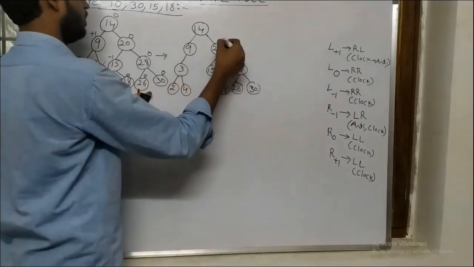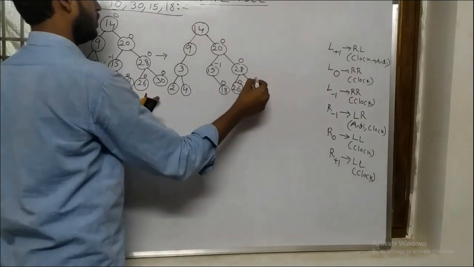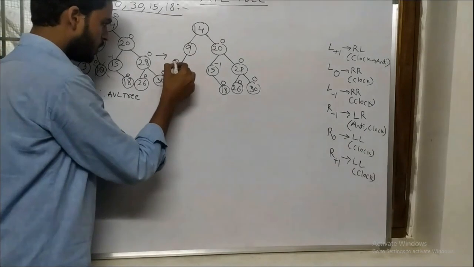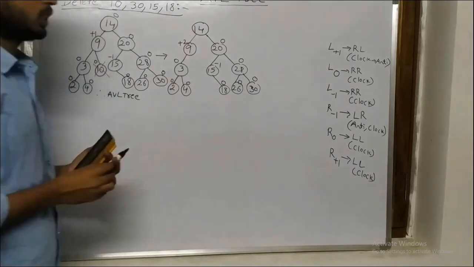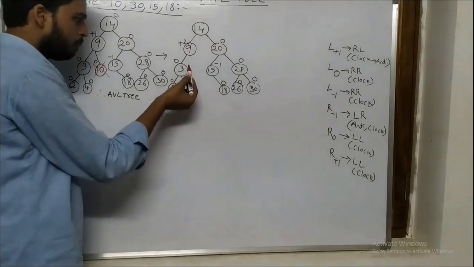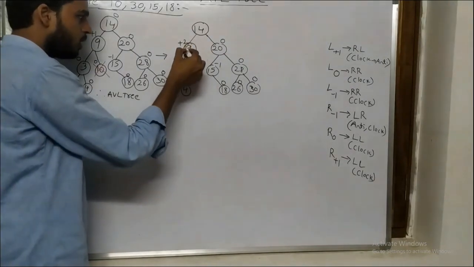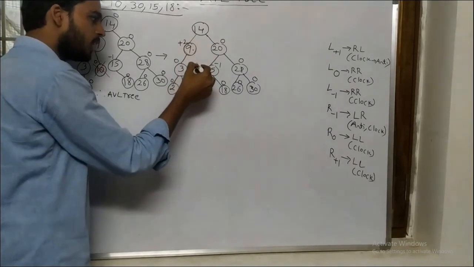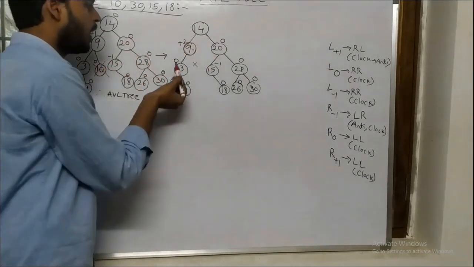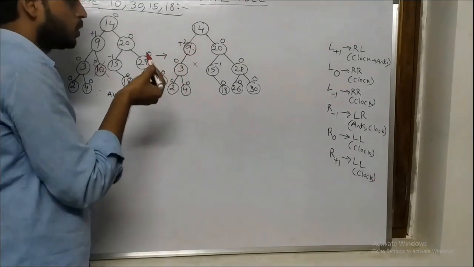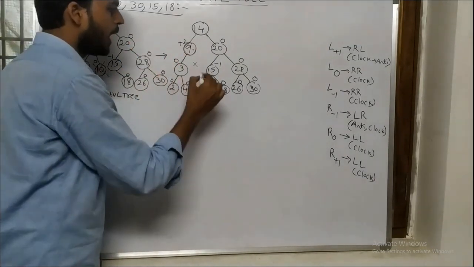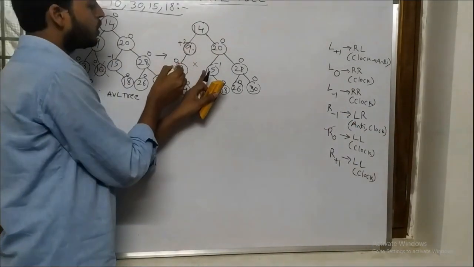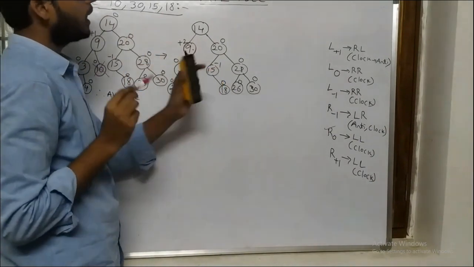So 0, minus 1, 0, 0, 0, 0. So check here. The balance factor for this one is 0, 0, 0. This balance factor is plus 2. This balance is plus 2. Okay, so this critical node occurred because of deleting a node in its right child, and whose child's balance factor is 0. So I need to apply what kind of notation? I need to apply R0 notation because of deleting a node towards the right child and whose other child's balance factor is 0. So I need to apply R0 notation.